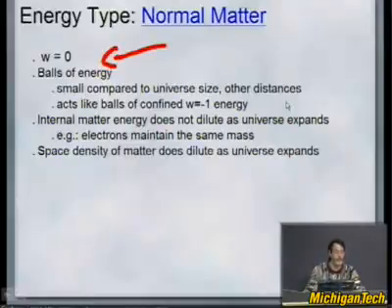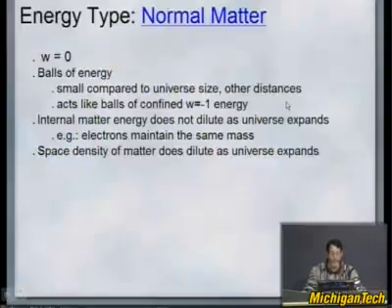Normal matter, it's the stuff we're regularly used to. Pressure-free, w equals 0, because the pressure of normal matter is 0 compared to everything else. So this is the kind of stuff we used to think the universe was completely made out of. This is now not a dark matter. Now we're into the regular kinds of matter. Sometimes you can think of them as light matter. So protons, electrons, they're all this kind of normal matter. Normal matter is not moving fast with respect to the outside universe, which is why it has pressure of 0, w of 0. So this is non-relativistic matter, like the Earth is considered kind of normal matter, as is the sun. It's moving, but it's not moving fast enough.